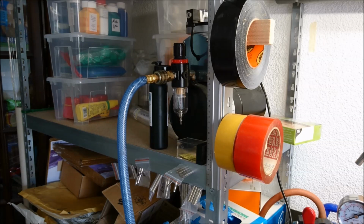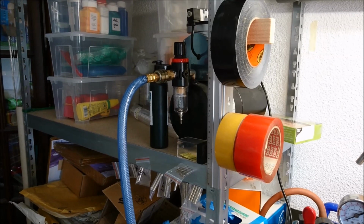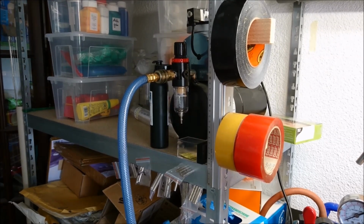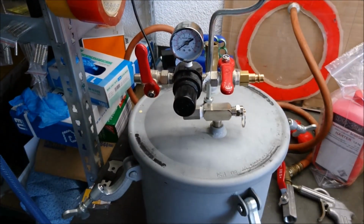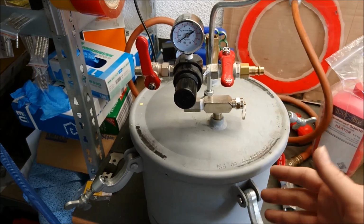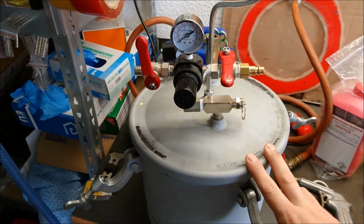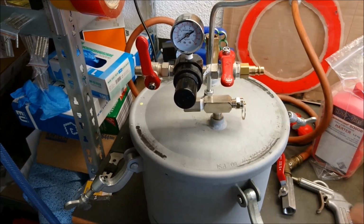And if you run your pressure pot for the first times, go in slow steps, increase the pressure, close it. Let's say you start with 20 psi, close the pressure pot, watch what happens to the 20 psi. If it goes down quicker than you want, you should definitely check if there are any leaks, and then you slowly increase the increments you test your pressure pot at, and if it holds your 50 psi,